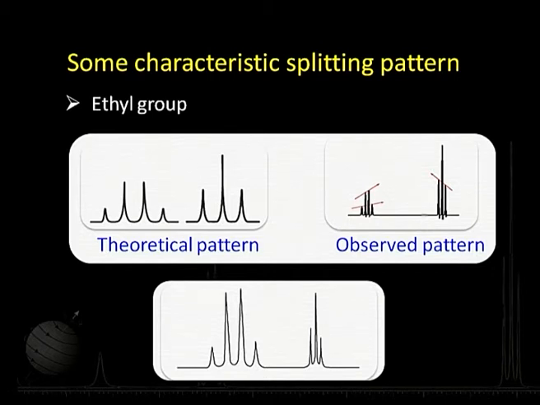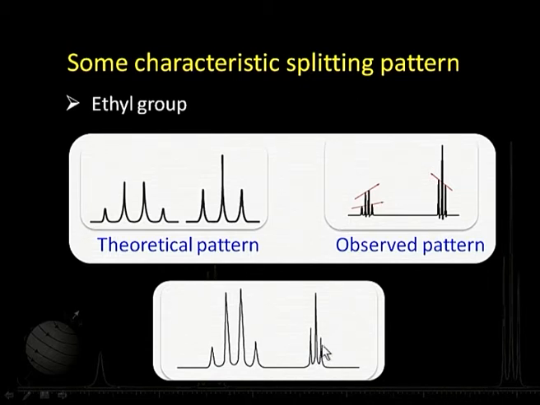The second thing which you have to look for is the coupling constants. Suppose I am talking about coupling between the methylene protons and methyl protons of ethanol here. If the coupling constant happens to be say 7 hertz here, it is 7 hertz here also. They influence each other by equivalent magnitudes there. Now, in the pattern shown here, it looks like an ethyl group, because this is a quartet here, there is a triplet here. The intensity pattern may be matched there.